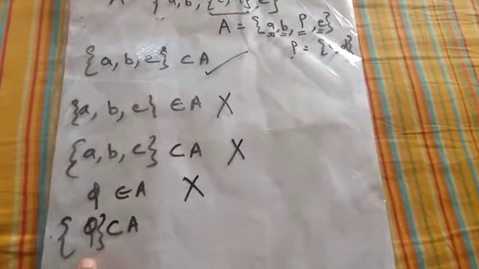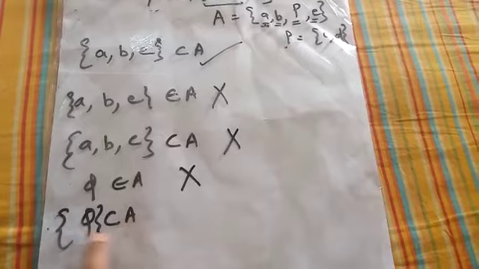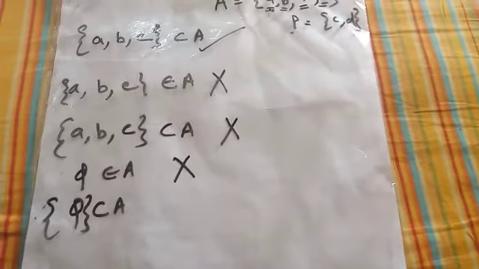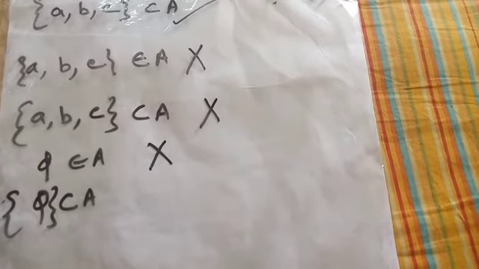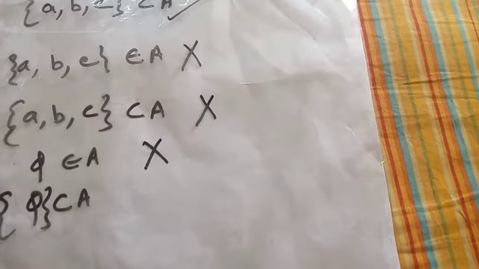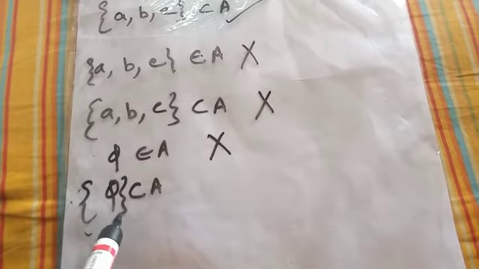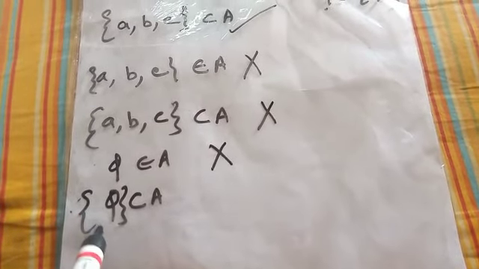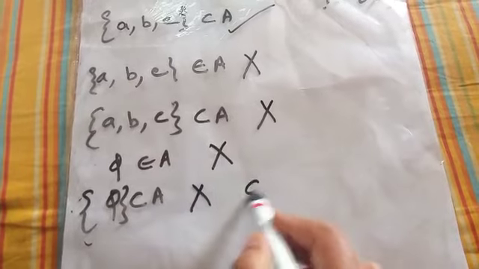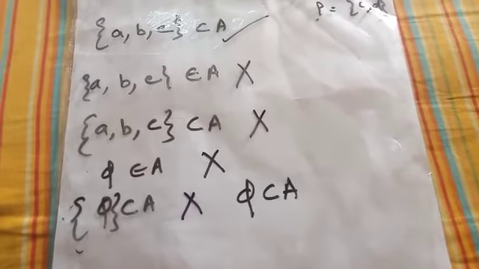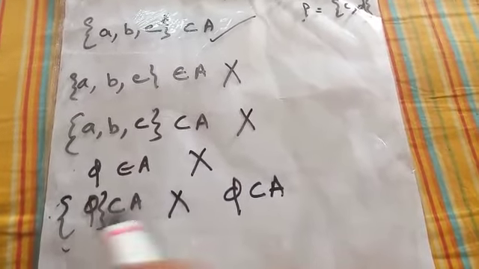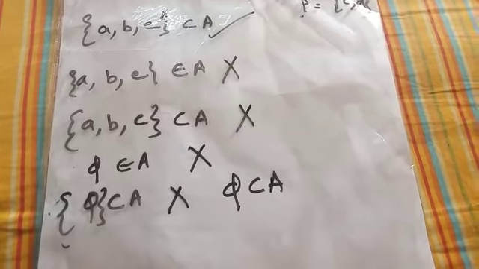Now the next one, phi is subset of A. Now what is the difference in between these two? You have to find out the answer, that whether it is true or false. Now phi is again a null set. Null set का भी हमने एक और set बना दिया. We don't require it. अगर हमें इसको true करना था तो हमें कहना था phi is subset of A. That could have been true, but this is false, right?